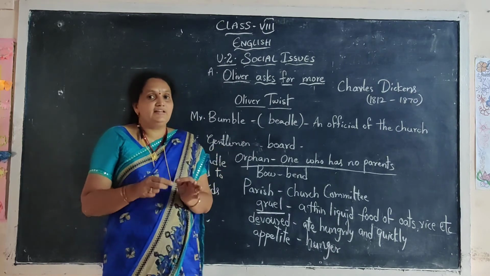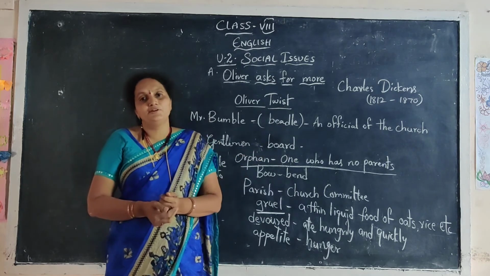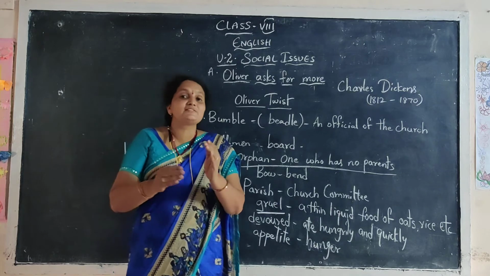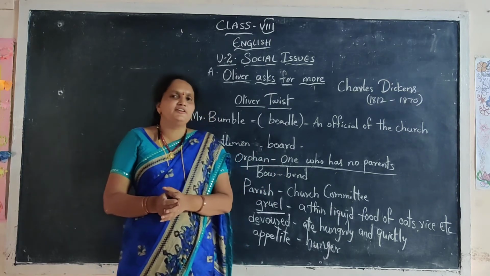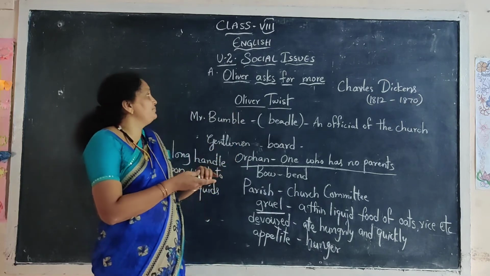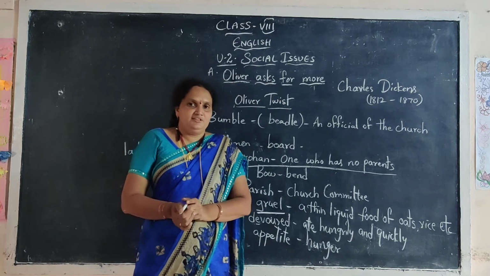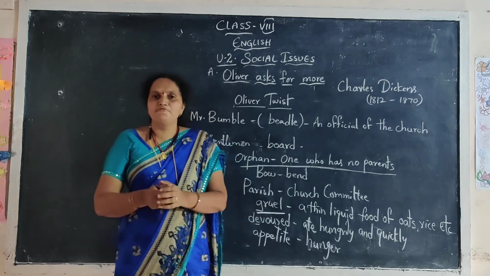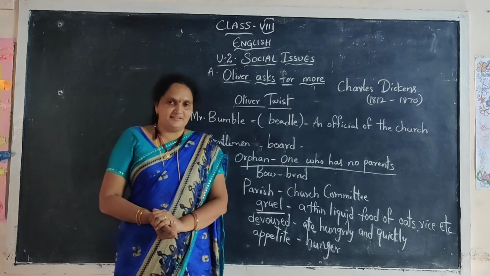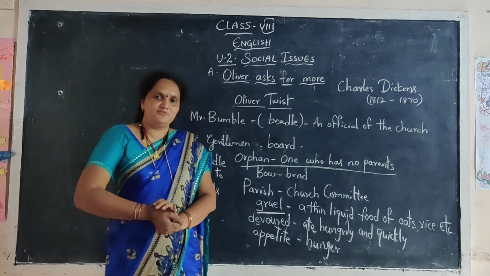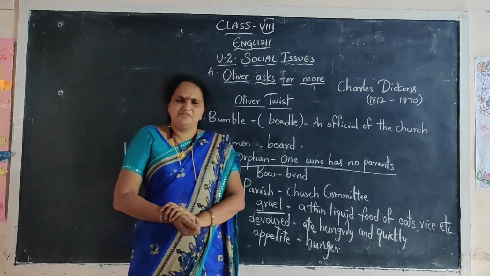So on that day they discussed with each other and they wanted to ask Mr. Bumble for some more. Discussions were going on. Finally, the turn came to Oliver Twist. He had to ask Mr. Bumble. So the time came when everyone was sitting and having their meal. The boys were signing. One boy who was sitting nudged him, meaning you go and ask. Oliver really